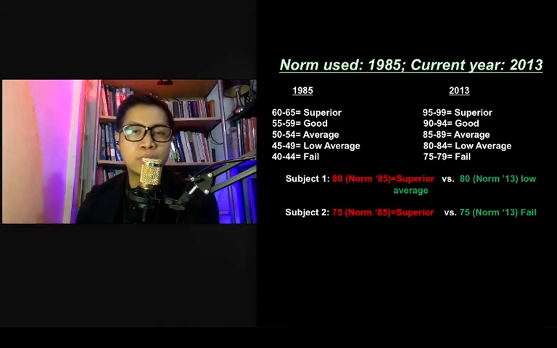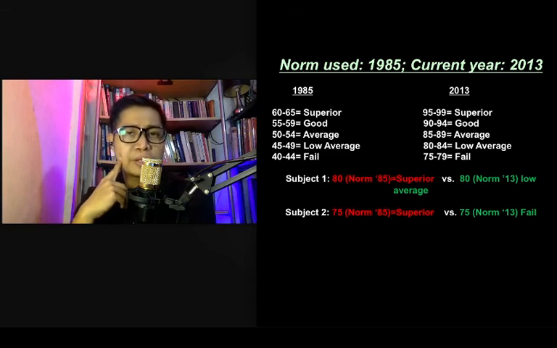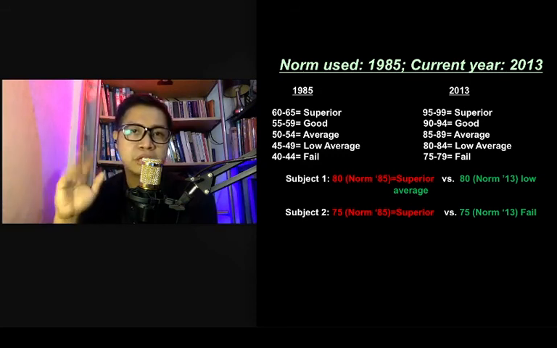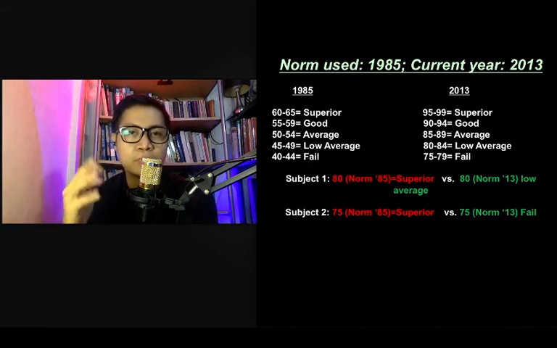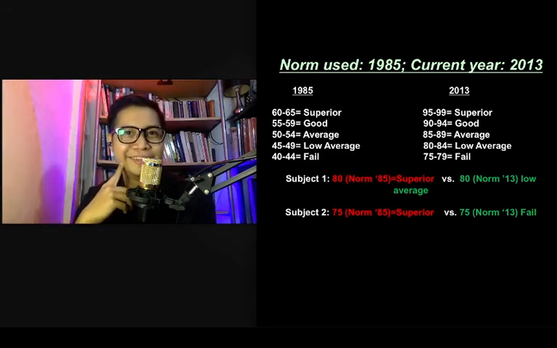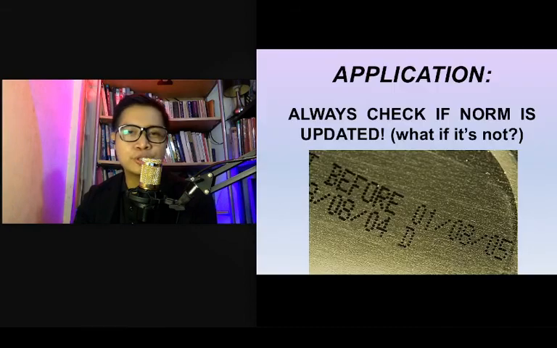Lahat sila ang tawag mo malulupit. Kaya takang-taka ka eh. Ang tatalino ng mga participants ko ngayon. Hindi sila matalino. Outdated yung norm na ginagamit mo kasi. Now you're wondering why your company is falling apart. Kasi nangongolekta ka ng mga taong hindi naman talaga magagaling. At sino ang salarin? You are using an old norm.